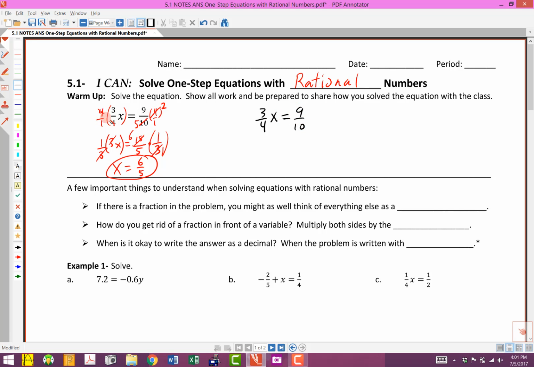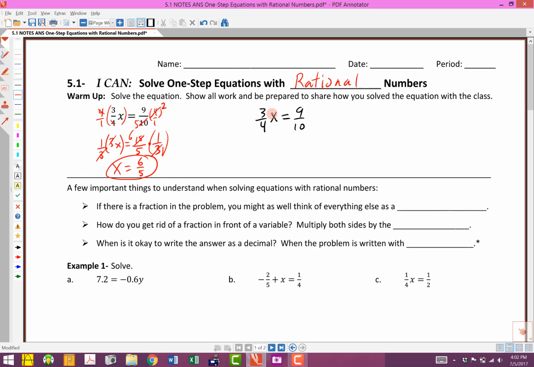Now stop and think about what we did here. We undid the dividing by 4 by multiplying by 4, and we undid the timesing by 3 by dividing by 3 or multiplying by 1/3. Well, if you think about it, we can actually take care of those two steps in one single step, and this is kind of a clever thing that I would keep track of, because you're going to use this quite a bit. We often will run into a fraction that's in front of a variable, a fraction coefficient in front